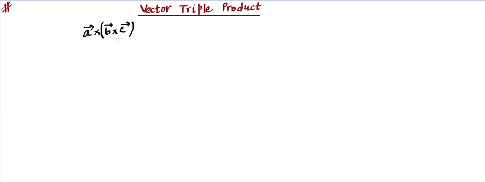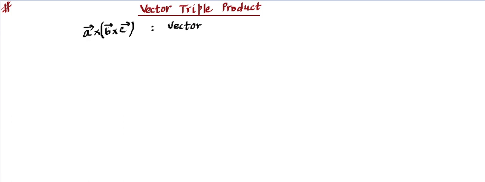So this is going to be known as a vector triple product because the answer is going to be a vector. How? Because this B cross C will give us a vector, and this new vector will be cross multiplied with another vector A. Hence again there is going to be a final cross product or vector product. So vector will be the answer. Right, so we can say this is a vector quantity. First of all, the simplest point is that this is going to be a vector quantity.